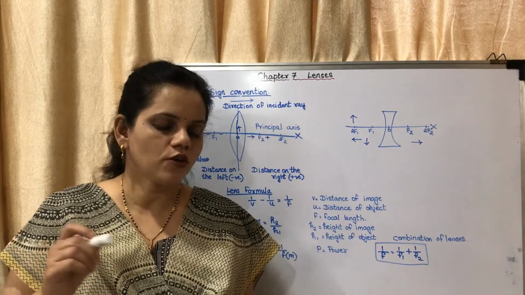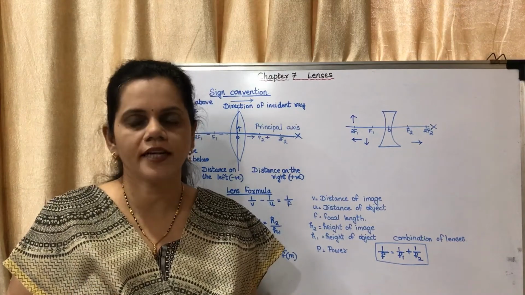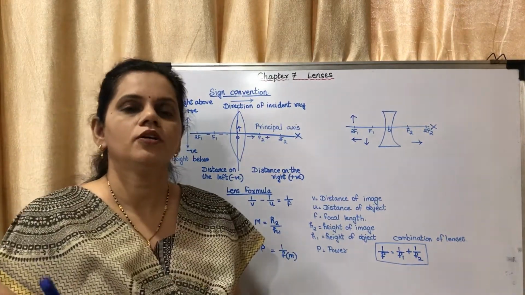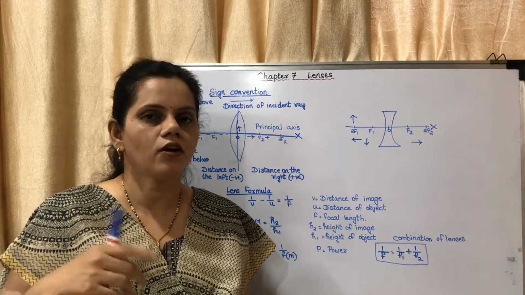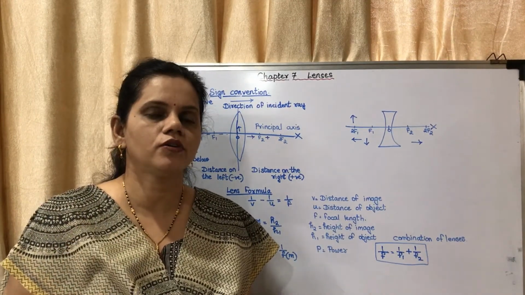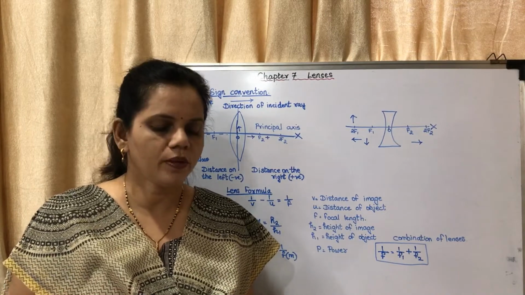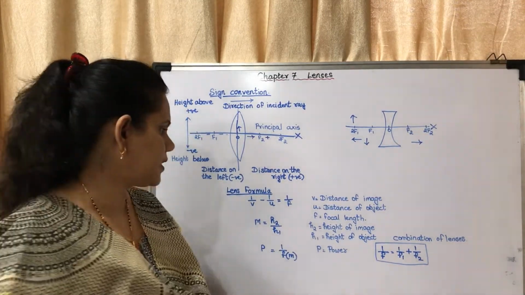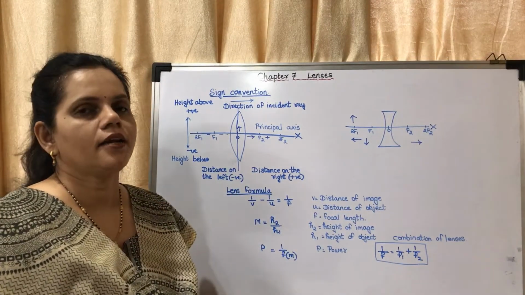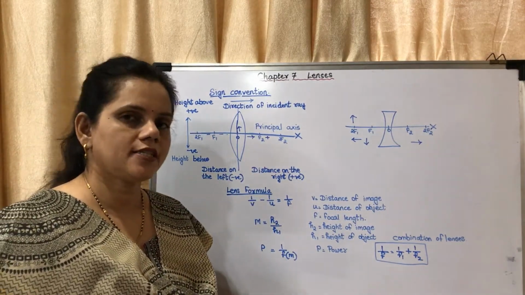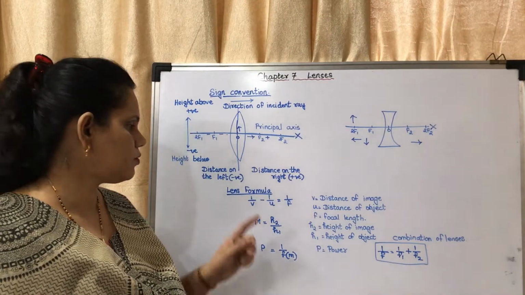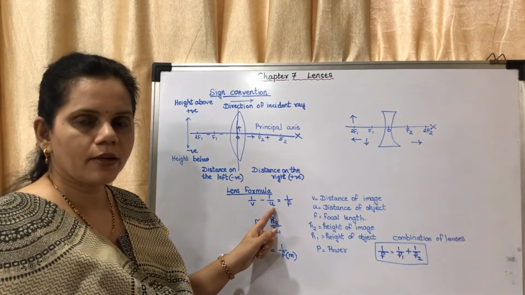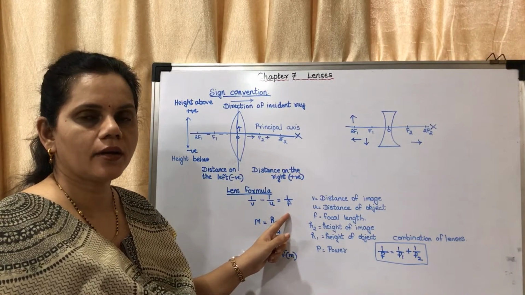So these 5 points you have to write if you are having a 5-mark question plus the diagram. You can draw diagram of any one of the lenses. If you draw the convex lens, it would be better. Now we may move on to the next topic, that is lens formula. Now we are having numericals based on this lens formula in this chapter. What is lens formula? 1 upon v minus 1 upon u is equal to 1 upon f.